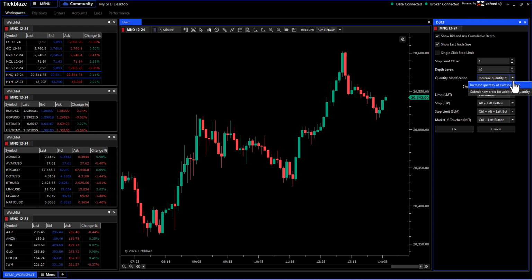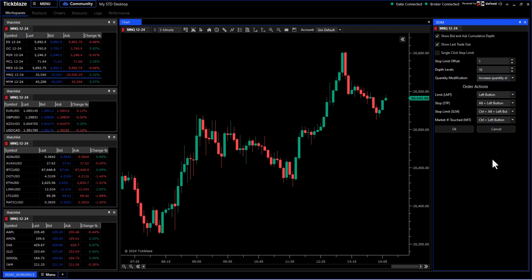Let's say you put a pending order in for 10 contracts, and then you want to change the contract size to 5 or change it to 20. You can change the quantity of the existing order by doing that on the flags, or if you want, you can actually do it as a separate order, but that means you actually have 2 separate orders placed at the same level,